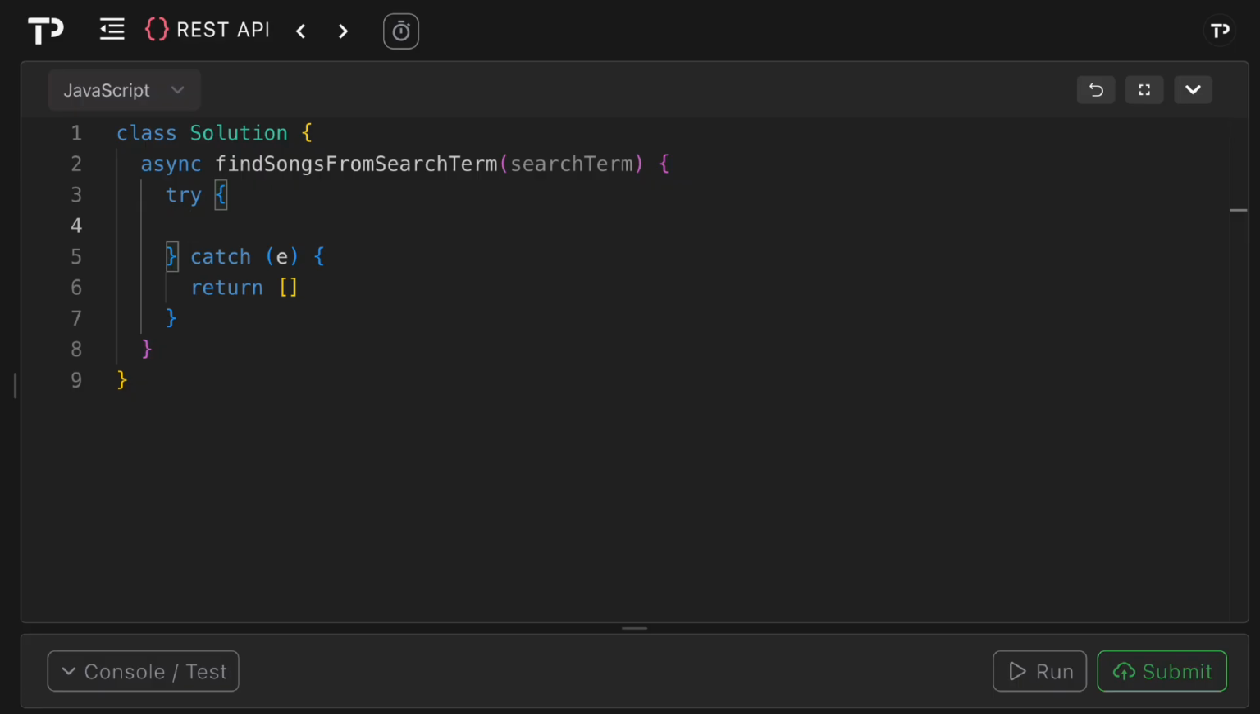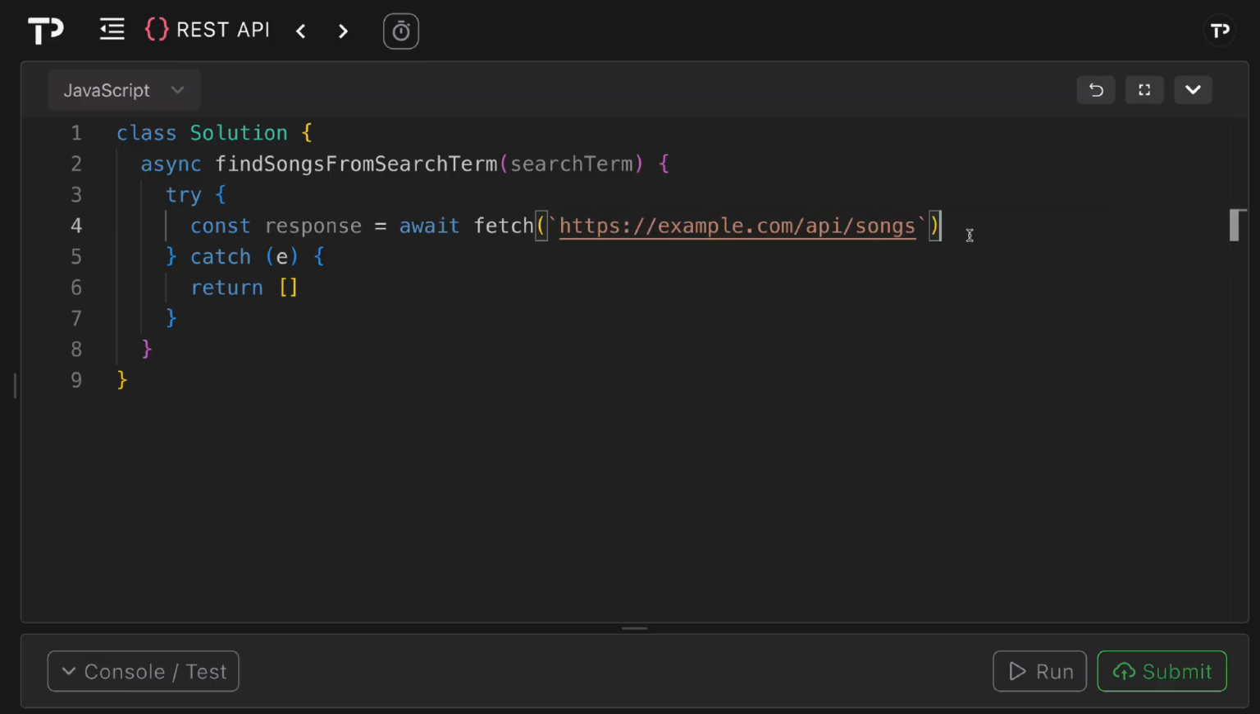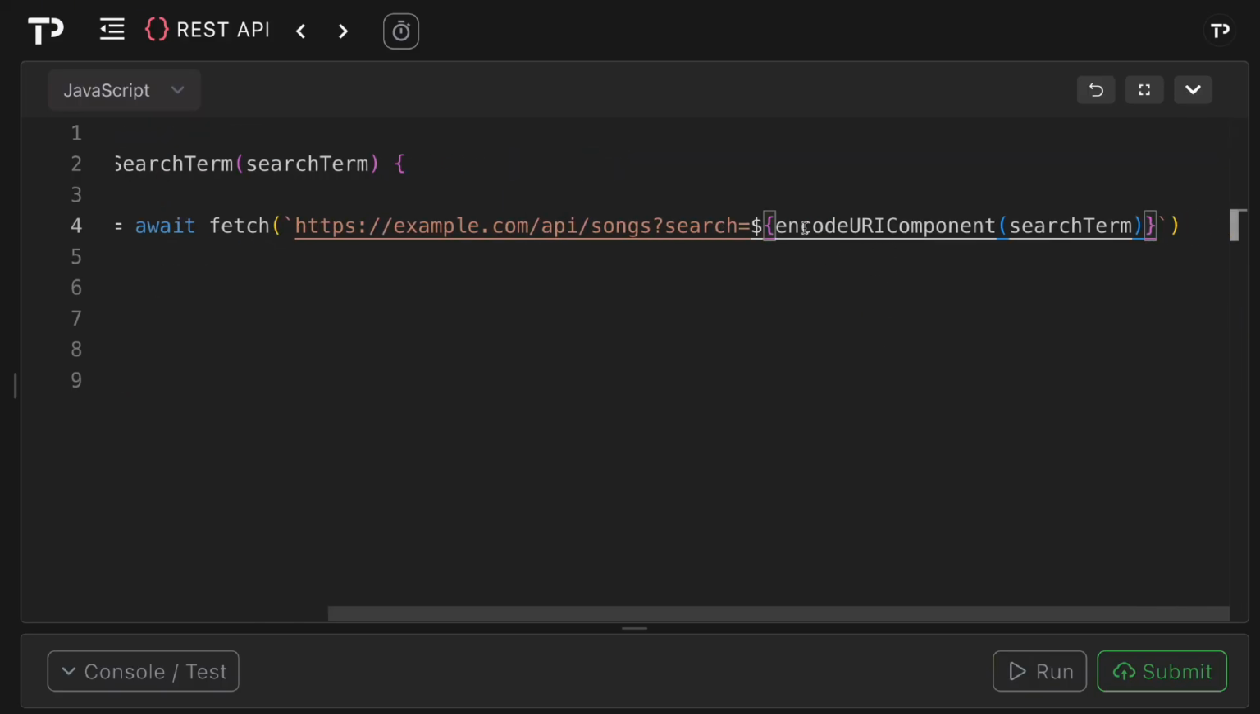Then the next thing we want to do is send our GET request to that songs endpoint. So I can say const response equals await, and then I want to use the fetch API here. I'm going to add in the base URL, which is example.com/API/songs. And then the last thing I need to do is add in that search term. So I can add it in, and I will also include encodeURIComponent. What this will do is safely escape spaces, symbols, and non-ASCII characters, so the URL is